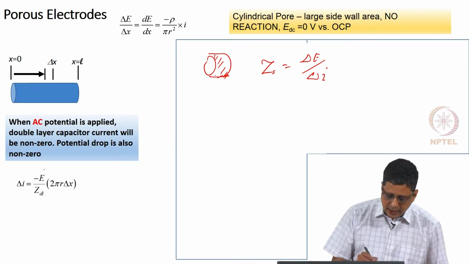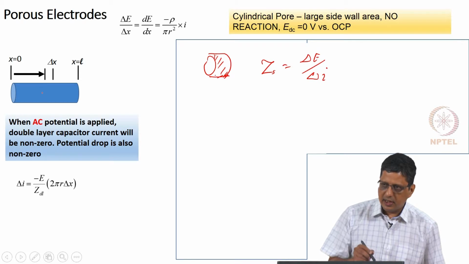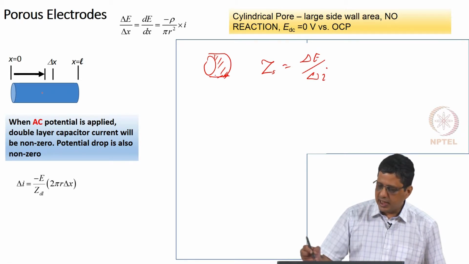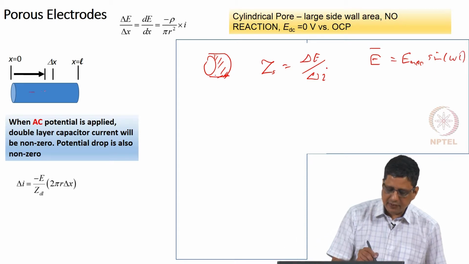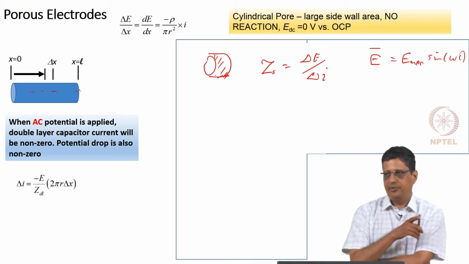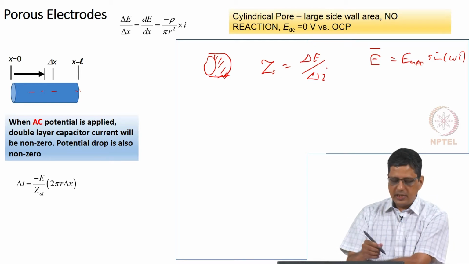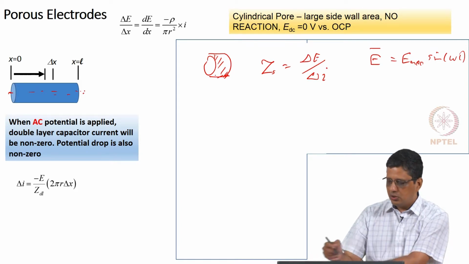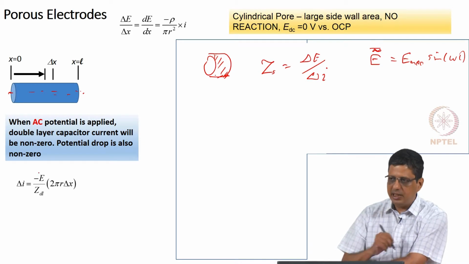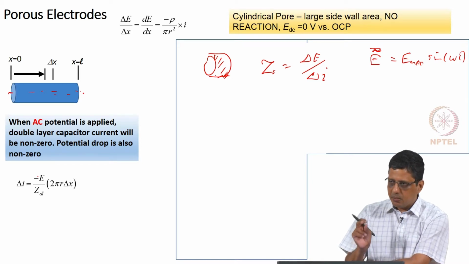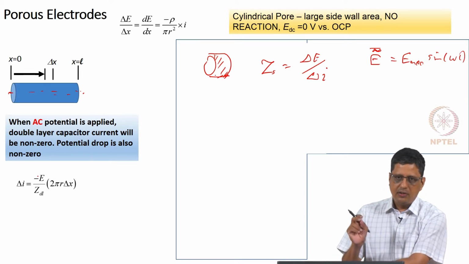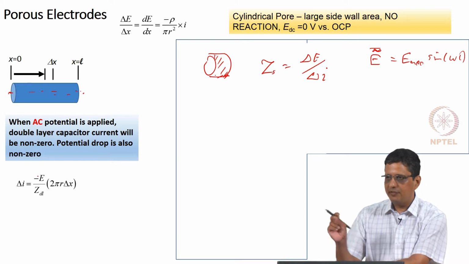Here E is not the DC potential. It is actually EAC, which is EAC 0 sin omega t, except this EAC 0 is a function of location. In the beginning what we specify is EAC 0, and as you go along the amplitude keeps decreasing. So, this phasor is what we mean by E here. That means it is an AC with a particular frequency, but with varying magnitude; the magnitude varies as a function of location.